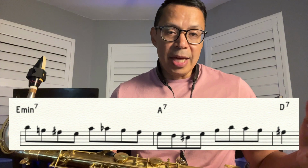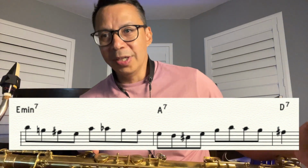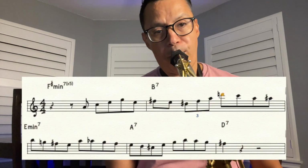So I'm letting you know that, one, to let you know you don't have to try to nail every single chord, and just to help you understand what he's playing here. And then he just resolves it to F sharp, which is the 3 of that D7, right? Kind of the end of where we're going to stop with this line. So if you take from the beginning,